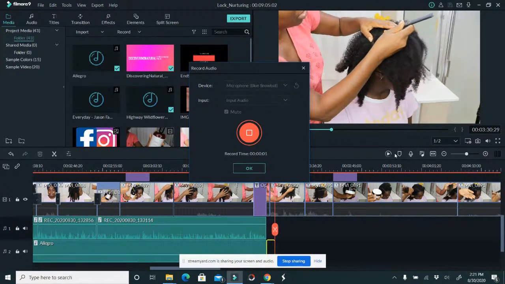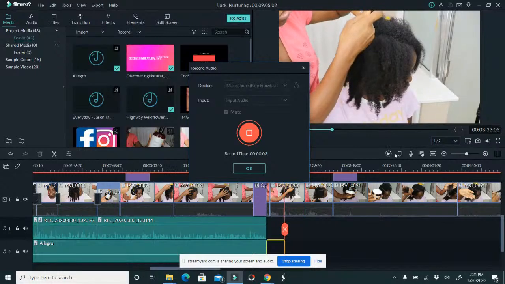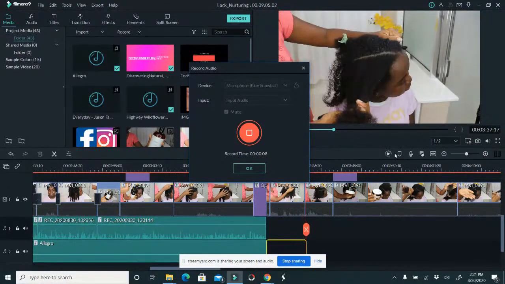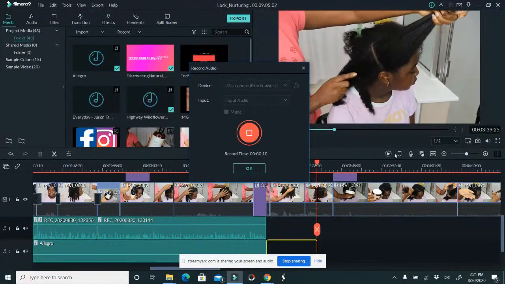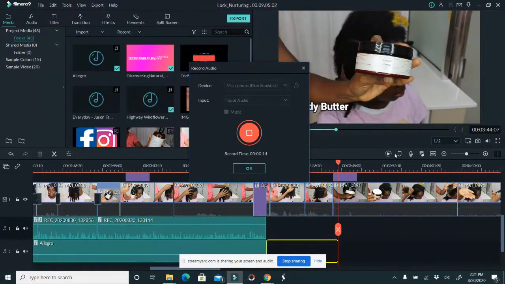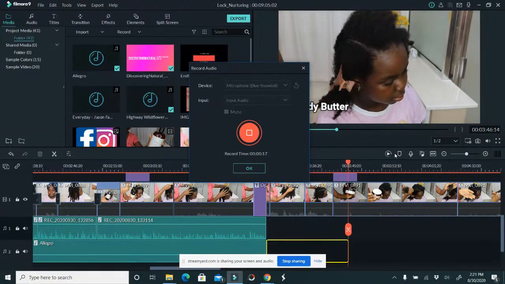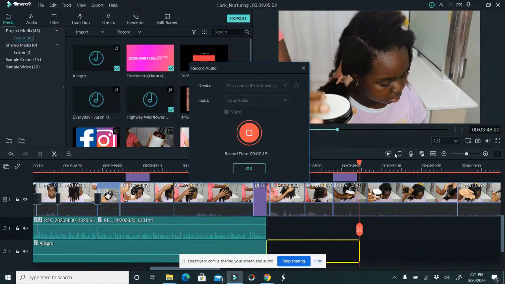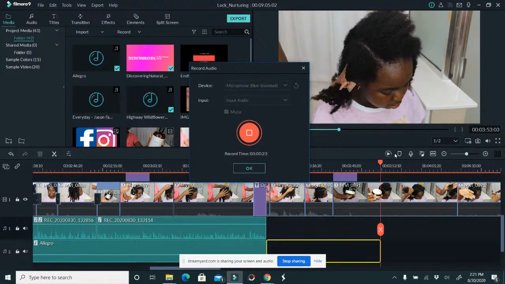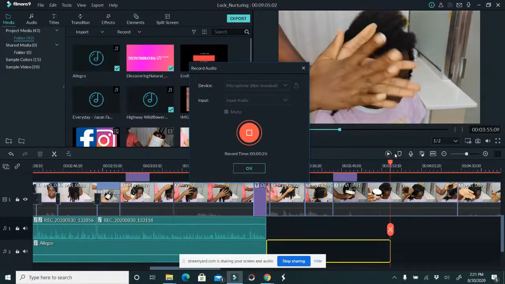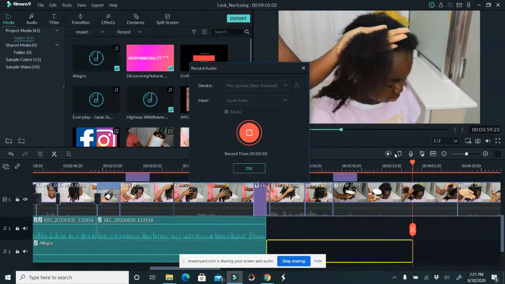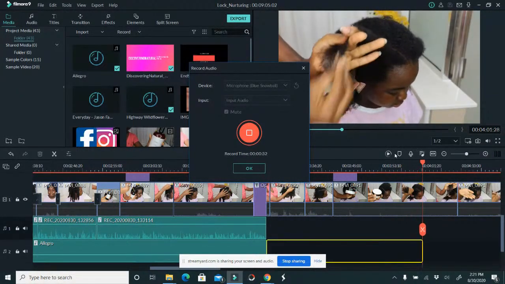For this style, I'm going to create a section on the side of our hair. It's like a square section. Let's call it a square section right over there. So after creating this square section, I'm going to moisturize the hair with the Lock Nurturing Cocoa Cream Body Butter. Yes, you heard it right. I am using a body butter. Now, don't just use any ordinary body butter. This body butter works for the hair because it contains ingredients that work for the hair. So the ingredients are